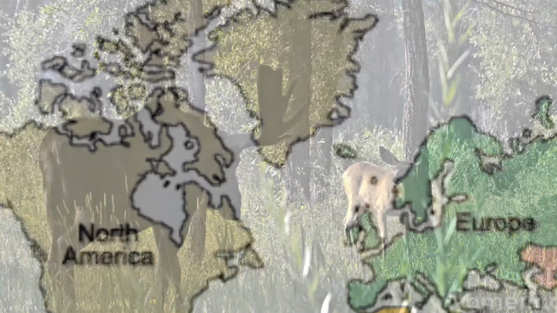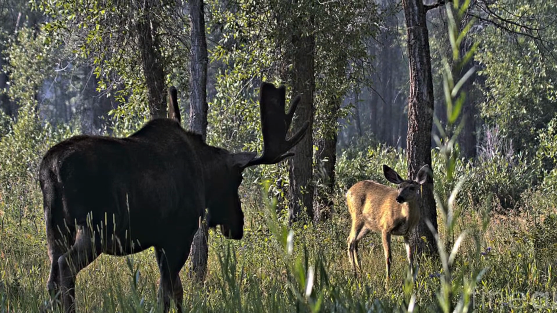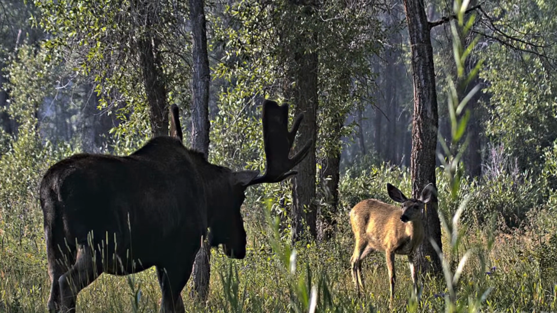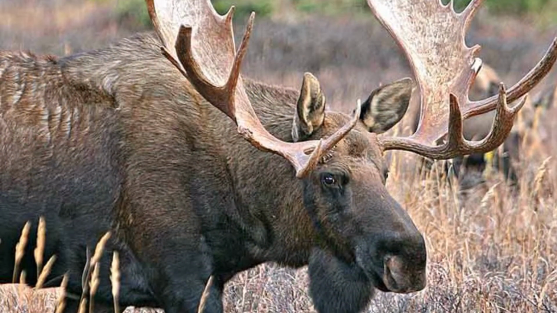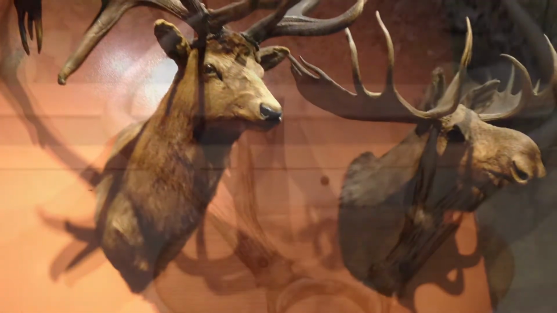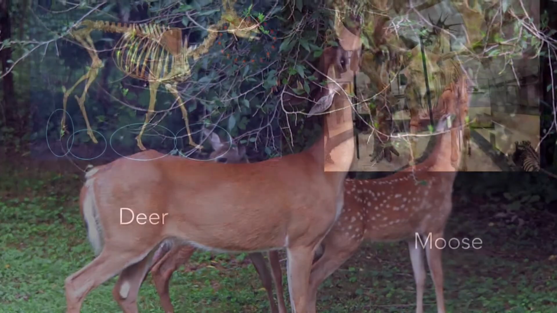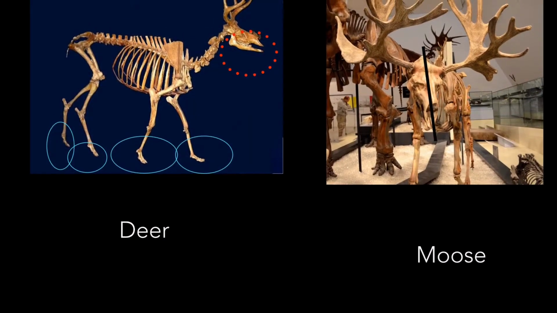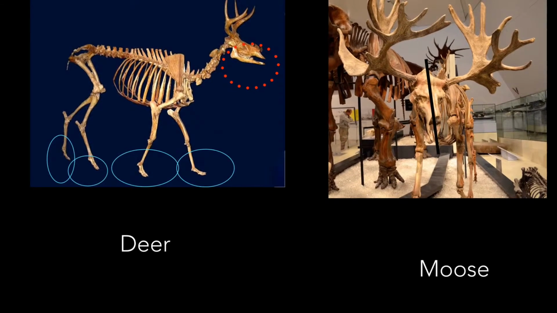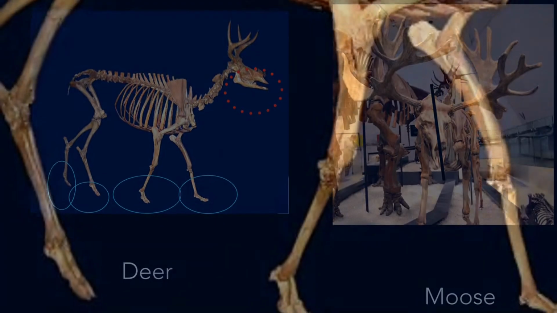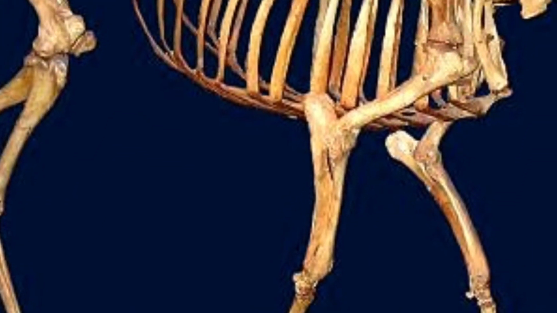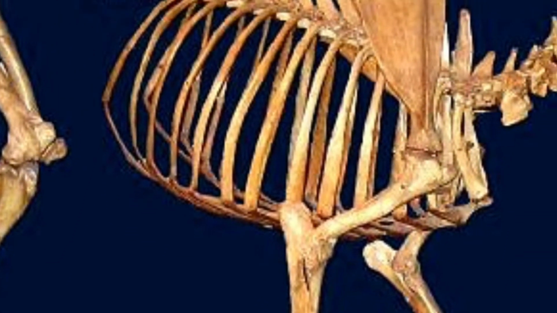An example of common ancestors are deer and moose. They both come from the Cervidae family and shared a common ancestor millions of years ago. They have similar body shapes, grow antlers seasonally if they're males, and both have herbivorous diets. One can tell from fossils that they have similar ancestors by how their body is put together. They are bilateral, have jaws, are tetrapods, and are amniotes. They have similar bone structure, which can be observed by viewing the fossils.